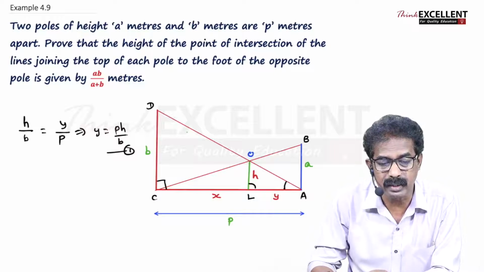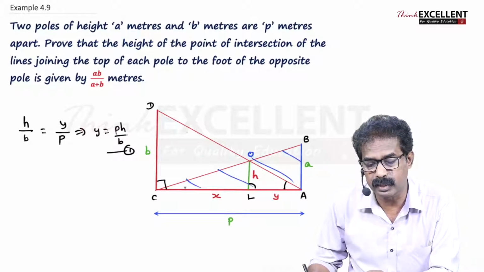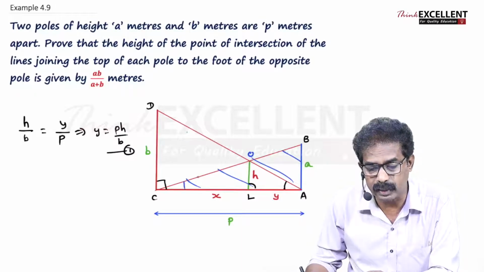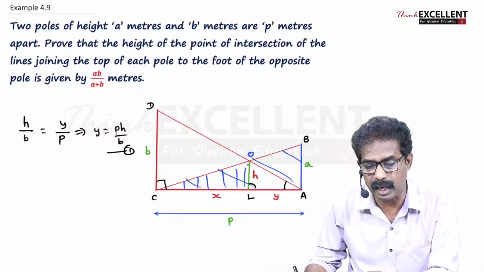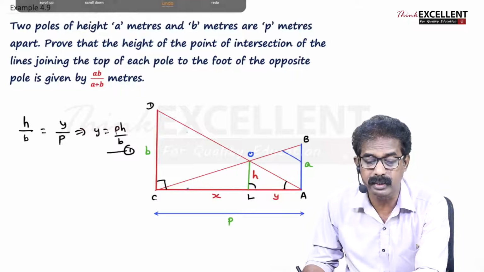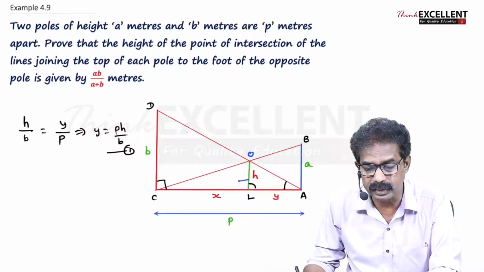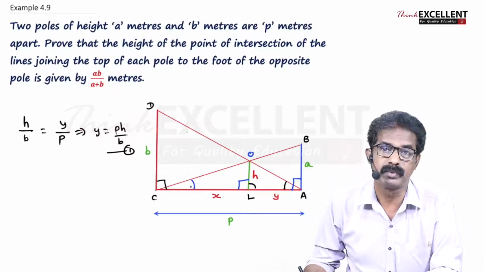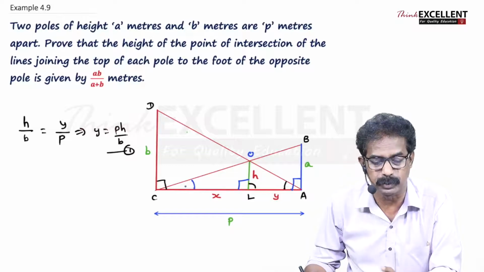Now you go to the other end, you take this triangle. What's the name of the triangle? BAC, and this small triangle OLC. Can you prove that the two triangles are similar? Same reasons. This angle is 90, so this angle is also 90. This angle C is common. So the two triangles are similar, so the corresponding sides are proportional.